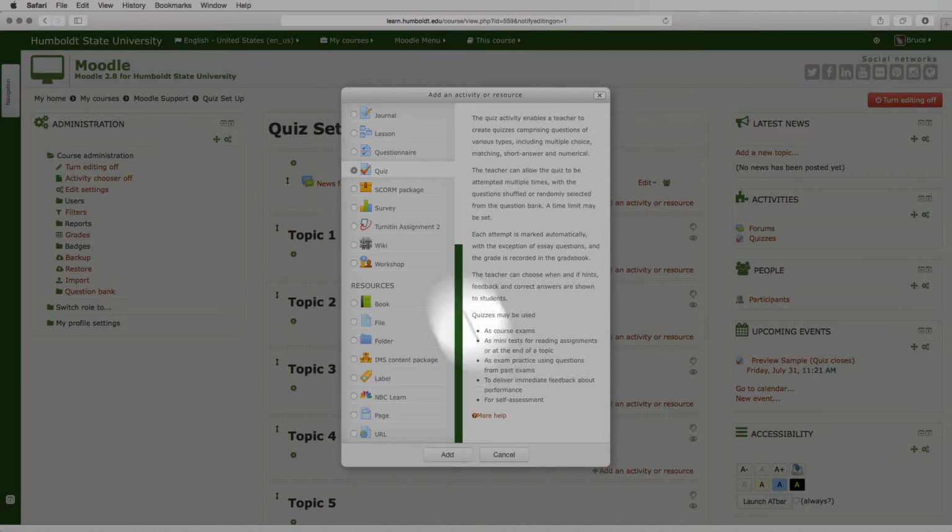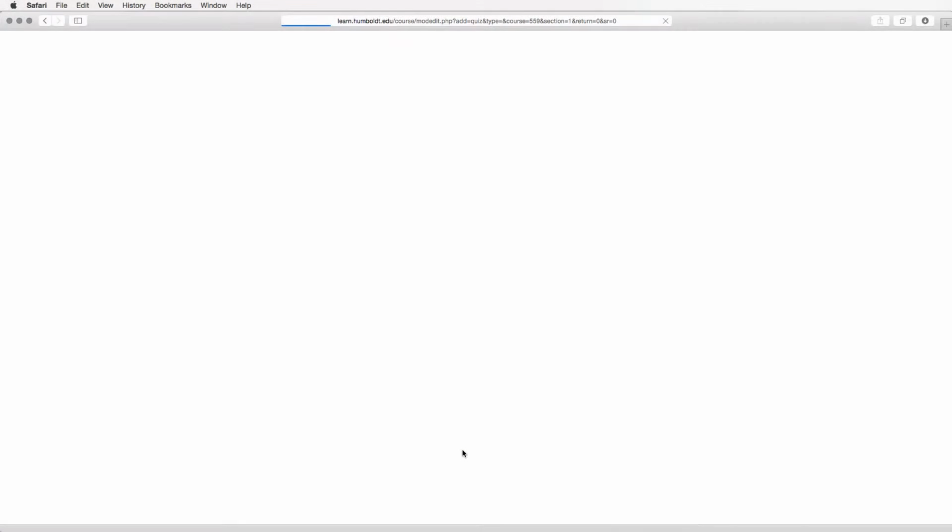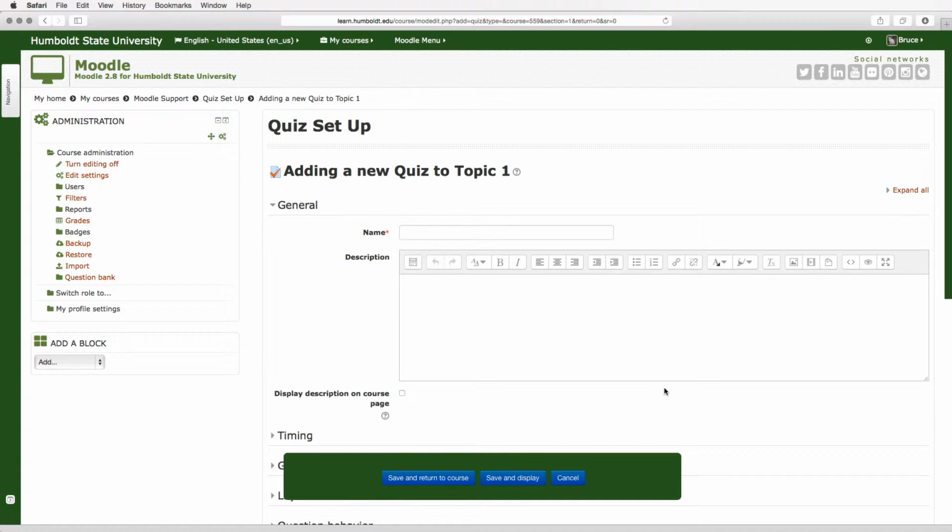We're going to actually build the container which controls and houses those questions we were playing with in the last video. I'm going to call this Chapter 1 Quiz. I do not need to add a description. Notice there is no asterisk, but I think it's a good idea because this is what the student will see when they look at the quiz, and it'll help them determine they're in the proper place. You can add a description on the course page.